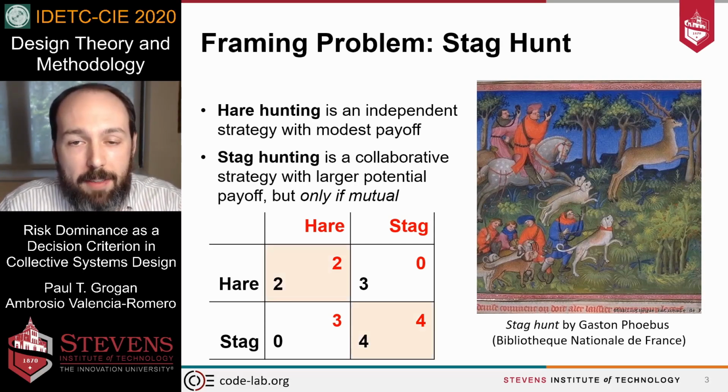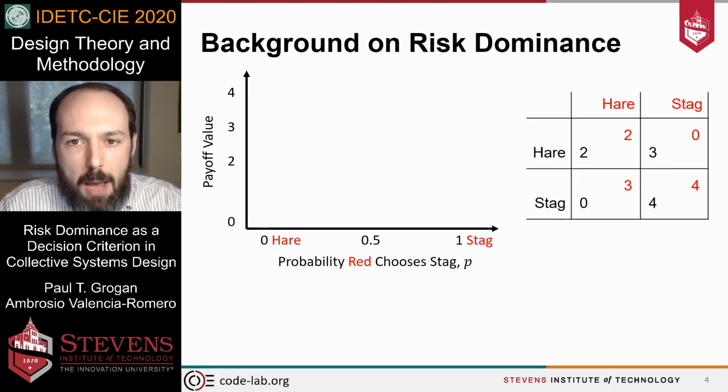If we represent this game in its normal form, seen below, we can quickly identify that there are two Nash equilibriums in this problem. Both the hare-hare and the stag-stag options are stable from an equilibrium perspective. However, equilibrium selection does not help us choose among these two equilibria. To help make selections between equilibria, we can rely on metrics or concepts such as risk dominance.